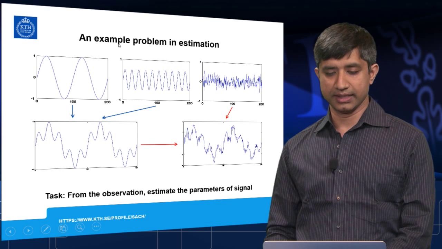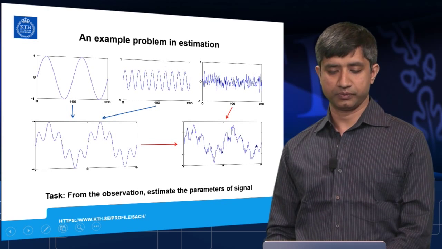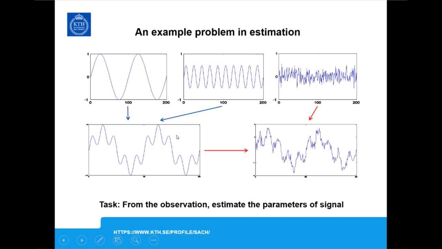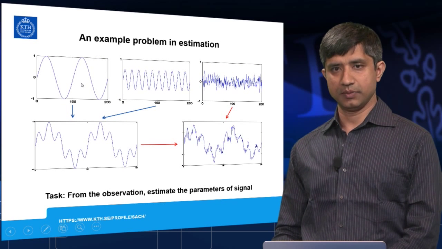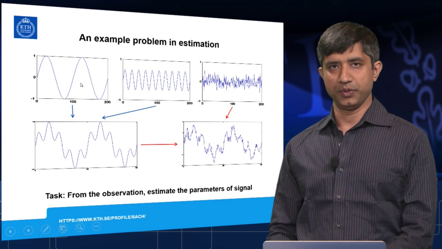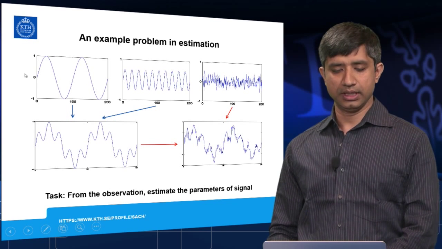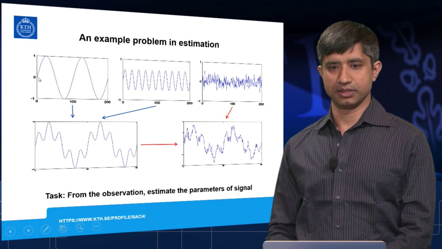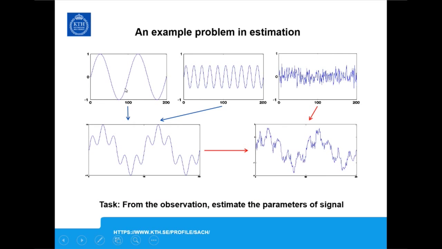Let us start with an example problem in estimation. I have this signal, which comprises two sinusoidal signals. Each sinusoidal signal has typically three parameters: amplitude, phase, and frequency. In this case, I kept the phase angles 0, so each sinusoidal signal is characterized by two parameters. Now, for these two sinusoids, there are four parameters, and from this signal, the task is to find out